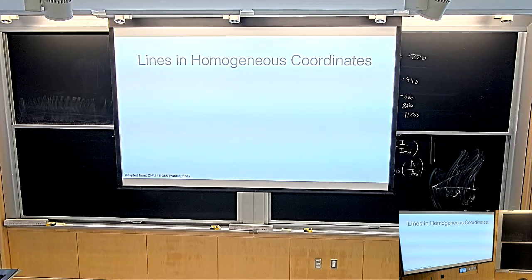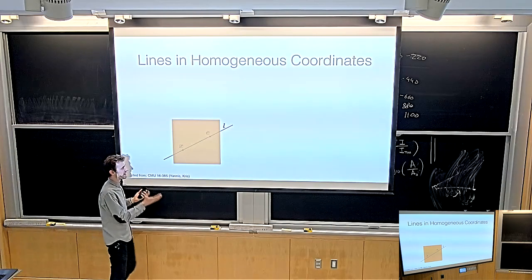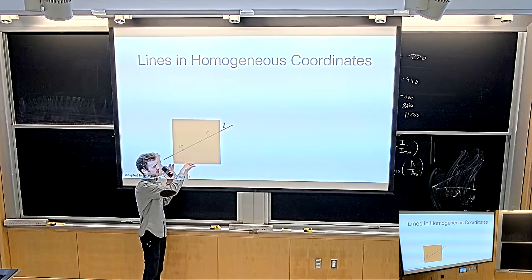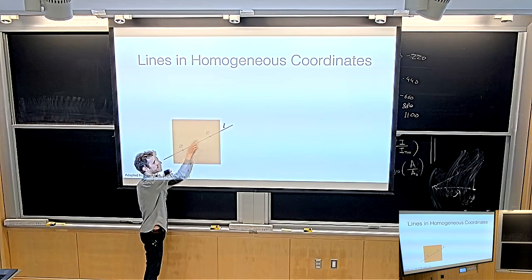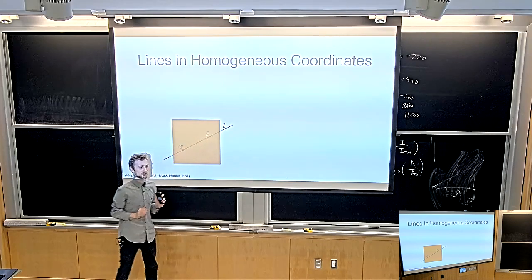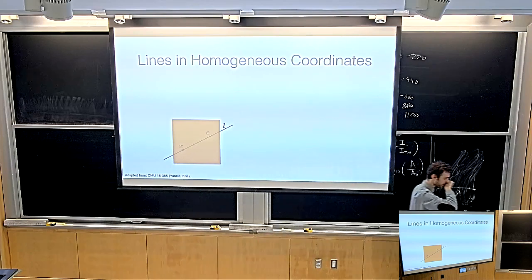Anyways, lines and homogeneous coordinates. This is a very fun little math thing, and this is something I'm fairly excited about every time. So let's say we have a line in 2D, okay? And we happen to use, for no particular reason, the notation as if this was an epipolar line. So there's E for epipole and X for a random pixel coordinate. But it could also be X1, X2, it doesn't matter. So now you have a line L.